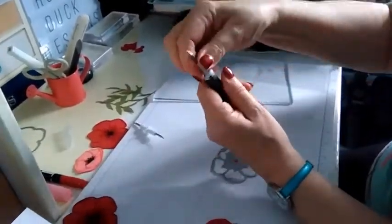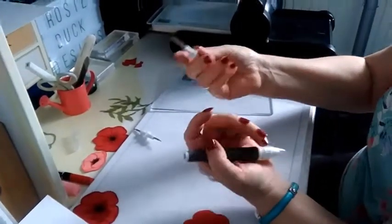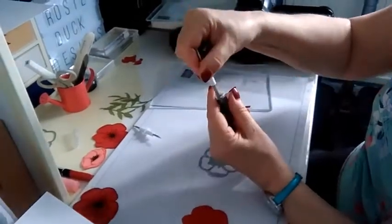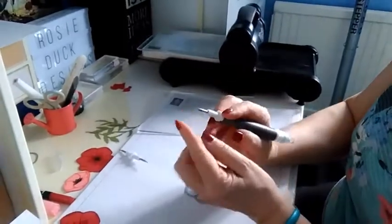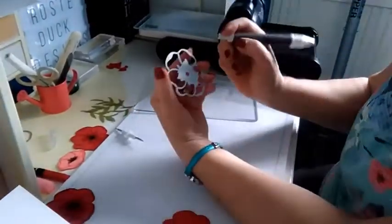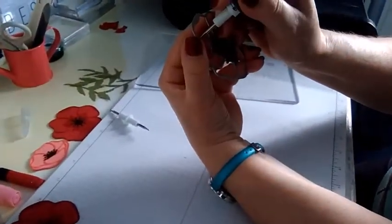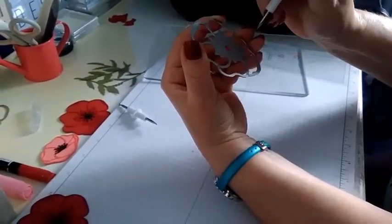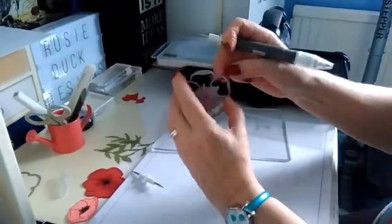So I'm going to pop that end in, which is my, sorry, there's a spatula bit here that helps you to remove maybe an embellishment you've put in the wrong place. So I'm just going to pop my paper piercing element in there, quite sharp, so do watch your fingers. And what I'm going to do is, if you can see there's some little tiny holes, and I'm just going to carefully put the paper piercer point through there, and that should start to lift